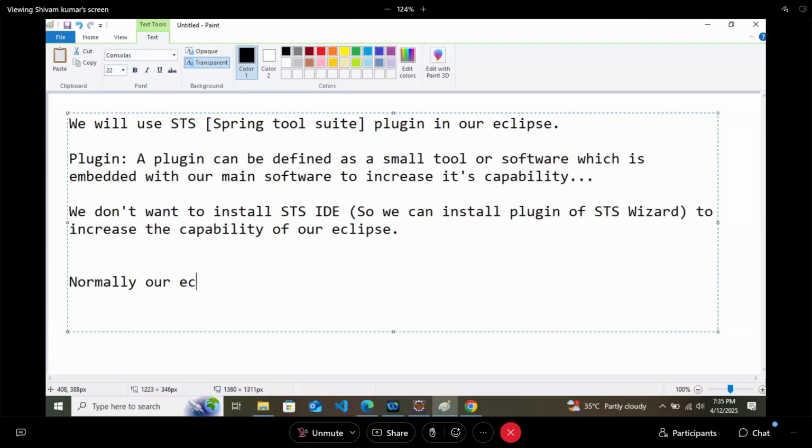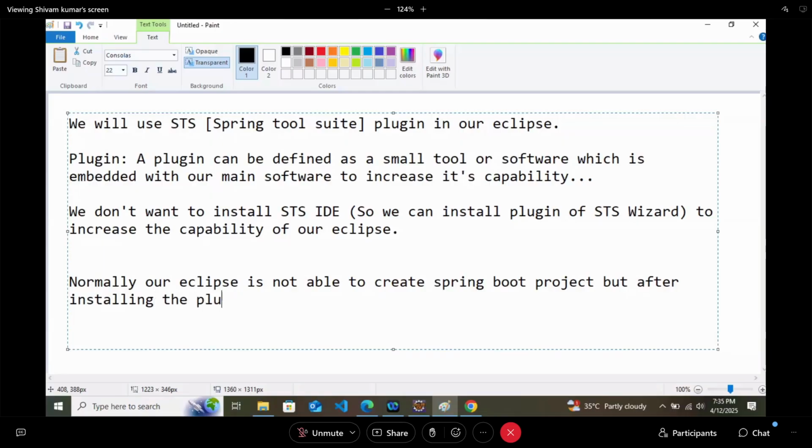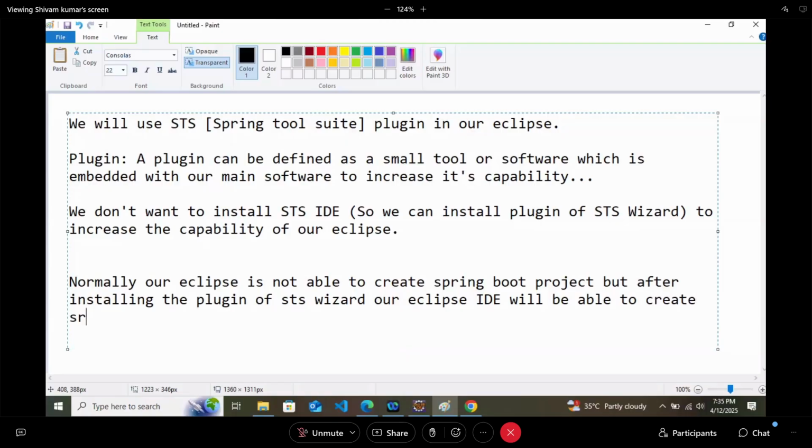Normally, our Eclipse is not able to create a Spring Boot project, but after installing the plugin of STS Wizard, our Eclipse IDE will be able to create a Spring Boot project without going to the website. Without going to the website.